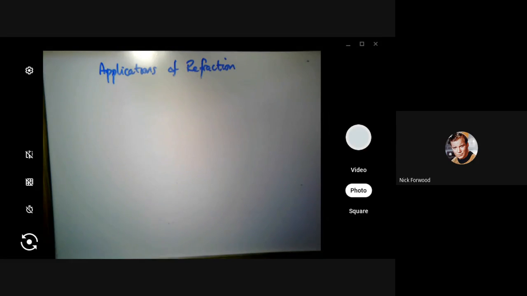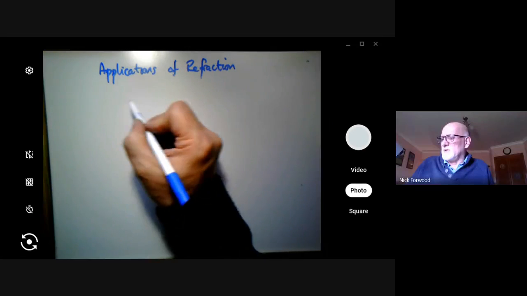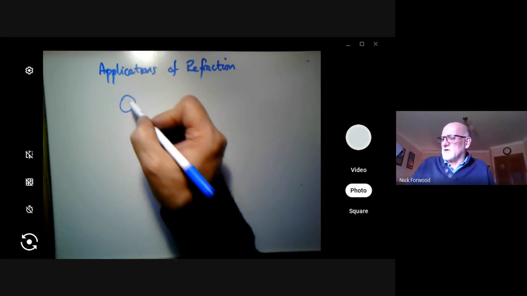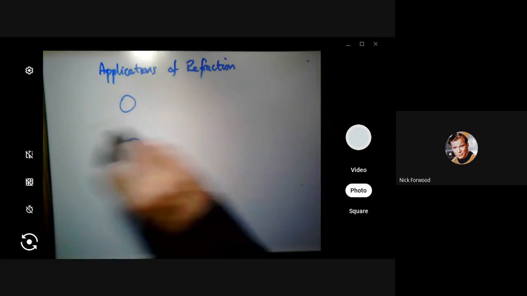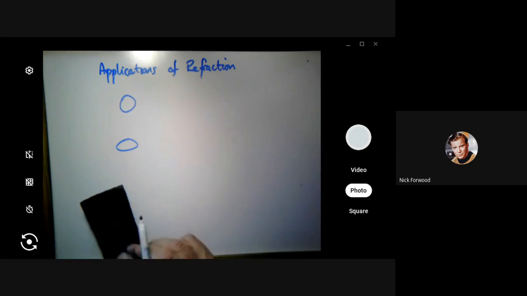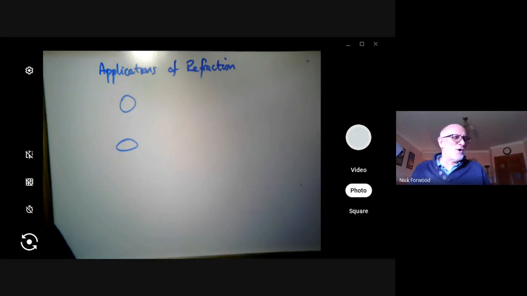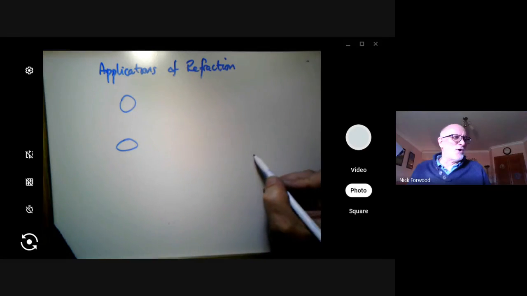What else we could look at, also to do with weather phenomena, it's not so much weather, but it's a natural phenomenon, is if you see the sun coming up in the morning and setting at night, the same with the moon. Just as the sun and the moon rise, or set, the sun and the moon don't look round. Up in the sky above you, the sun would look round, but at sunrise and sunset, that's really exaggerated there, you tend to get the sun and the moon looking more oval, and that's to do with how you see the light